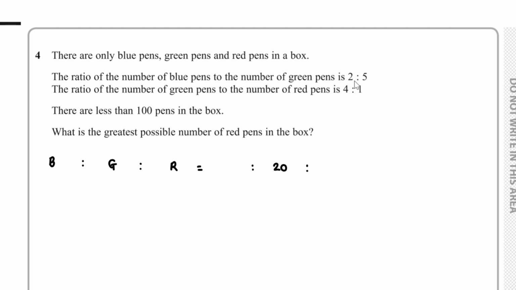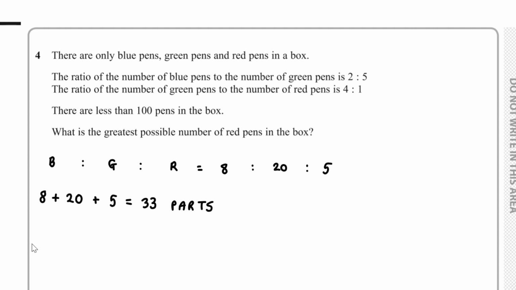So 2 times by 4, that's 8. And 1 times by 5, that's 5. So therefore, the ratio of blue to green to red is 8 to 20 to 5. Now, we were told that there are less than 100 pens in the box. So with this, first of all, we can find the total number of parts. 8 plus 20 plus 5, this is 33. So we have 33 parts,